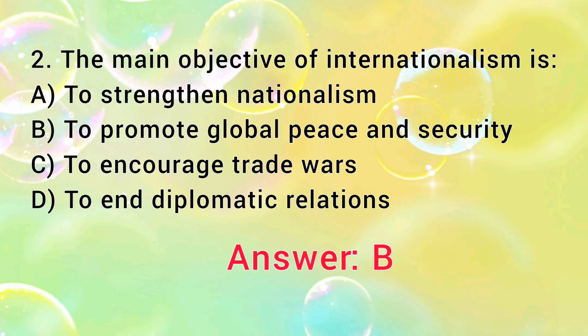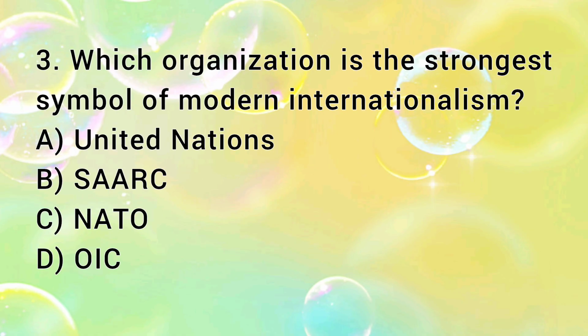and global governance mechanisms. Which organization is the strongest symbol of modern internationalism? United Nations, SAARC, NATO, OIC. The right option is United Nations. Established in 1945, the UN promotes peace, security, human rights, and international cooperation, which were the core principles